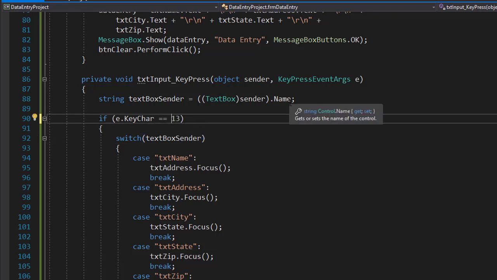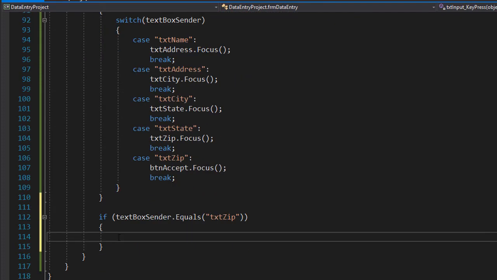But now we can also use it as a character, like I said, to see if the character is a value between 0 and 9, which obviously are the only values that any number can have. So we'll do an if the e.KeyChar is greater or equal to character 0 and the e.KeyChar is less or equal to 9, then